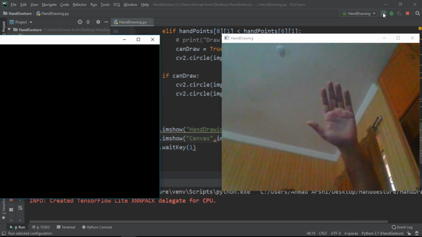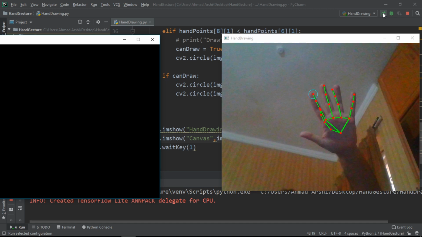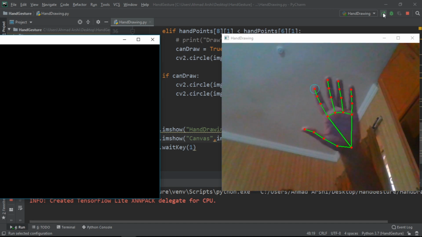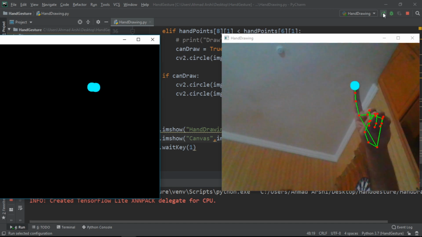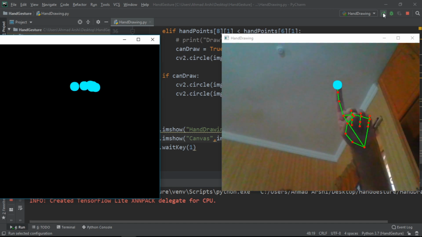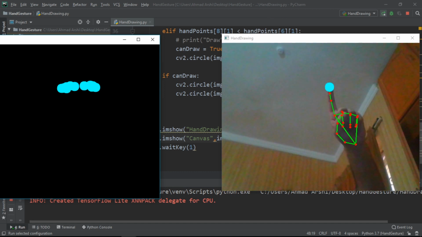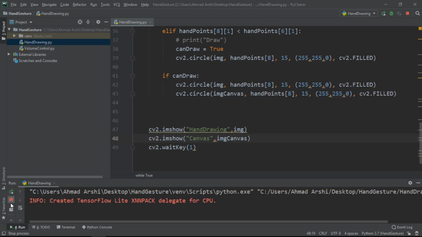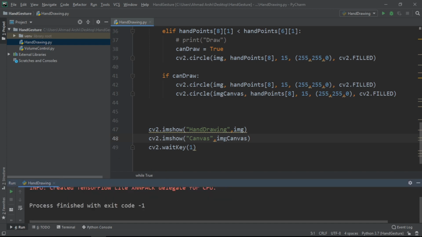Yeah, we are getting this, and it successfully detected the hand. Now if we go for the single index finger, it will start drawing. Yeah. The reason I'm getting all these glitches is that the system is slow for some obvious reasons. But if you are not running the recorder on your machine and you are just doing it all alone, it will work perfectly fine for you.